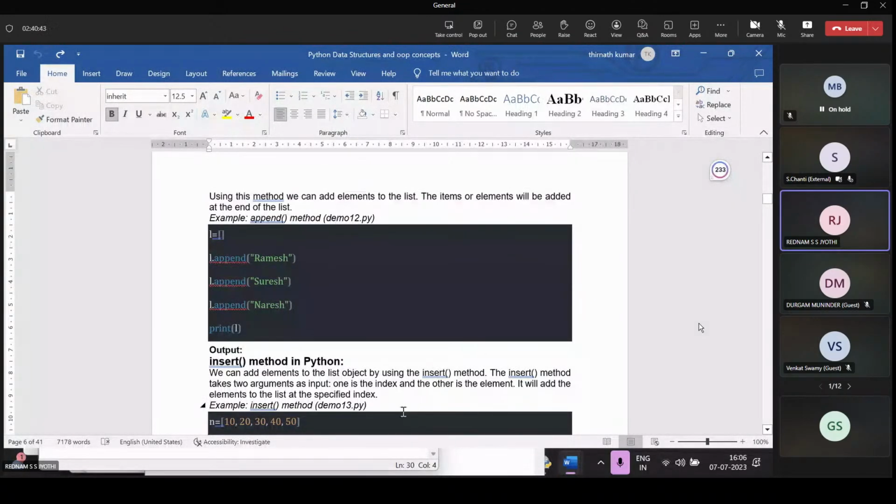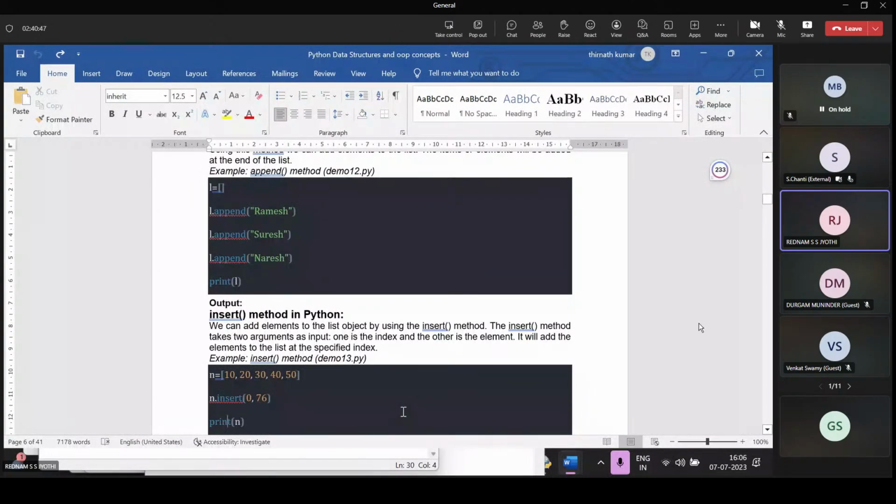Next one is the insert method. The insert method is also adding an element to the list, but here the insert method takes 2 arguments as input. One is the index and the other is the element. So in which position the element will be added. In the first position, I want to add 76.